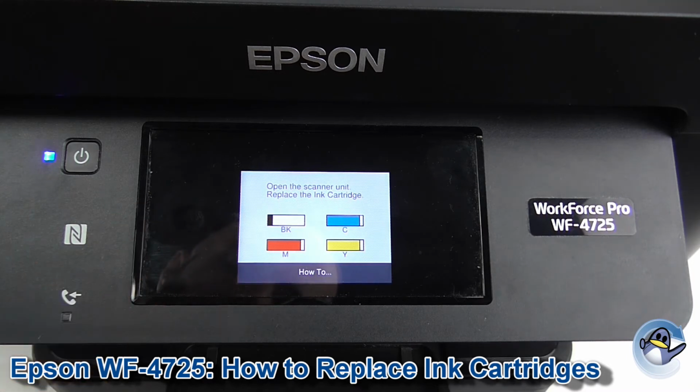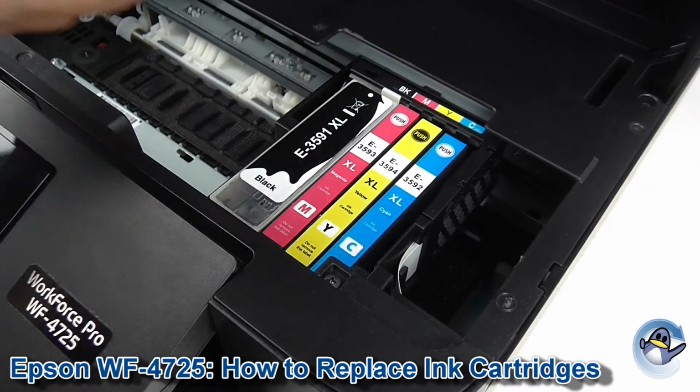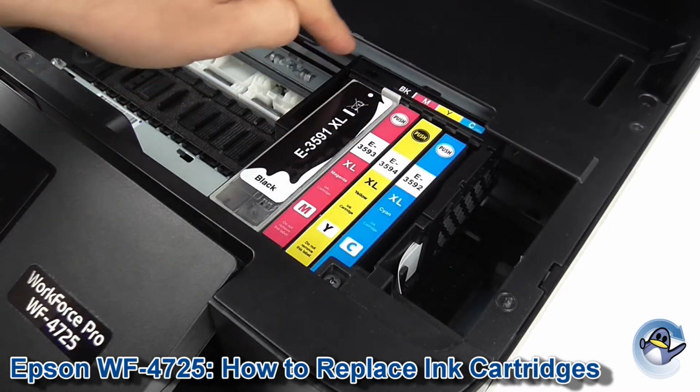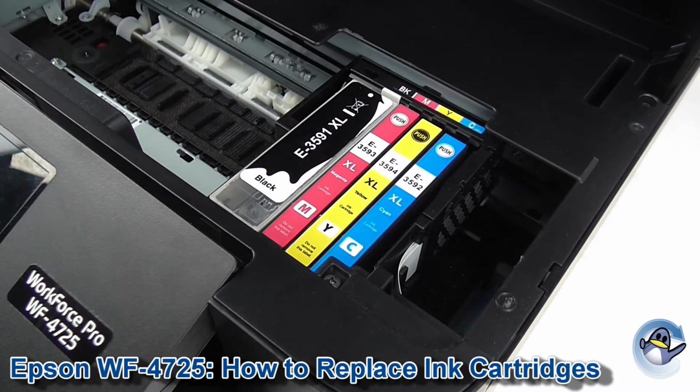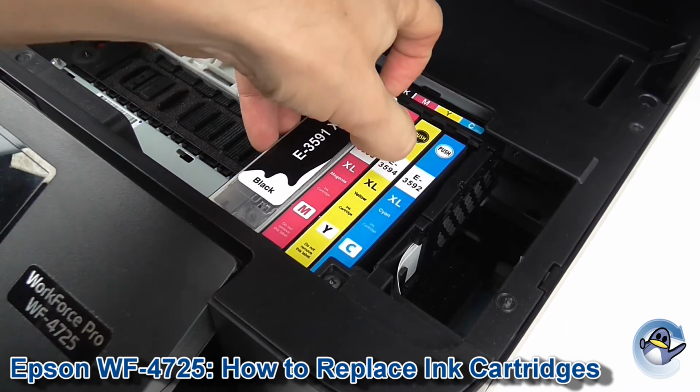Okay, so when you see this screen, you're ready to go. You can lift up the top of the printer, and when your printer is settled with the cartridges within this little cutout bit here, you know that you're okay to change the cartridges. Just apply pressure here, lift out your cartridge,